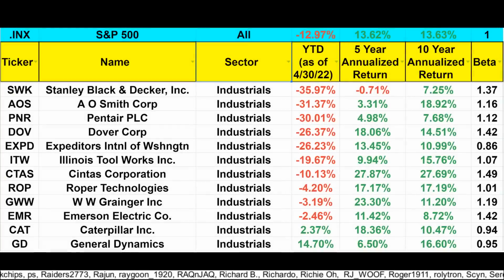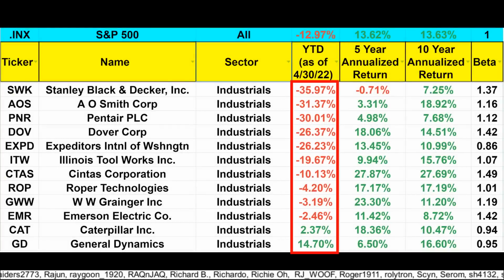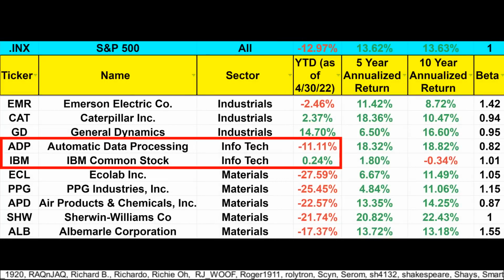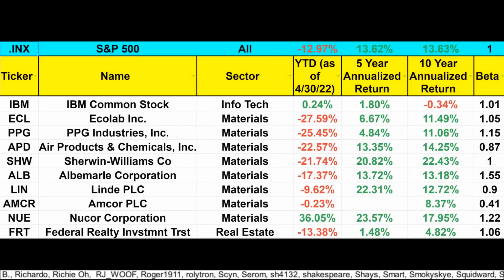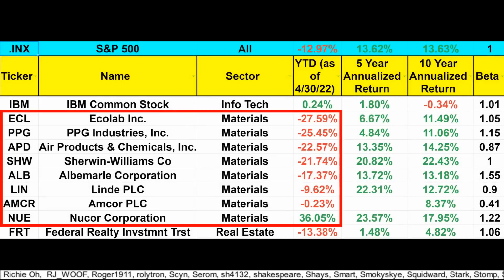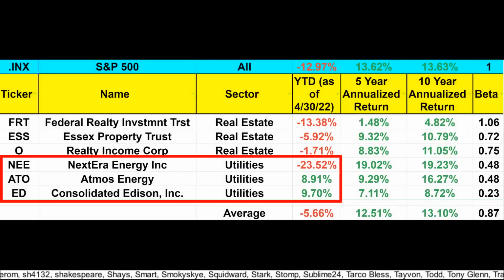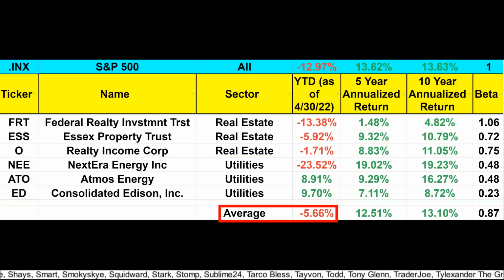Then we come to industrials, and we find that overall the industrials aristocrats are down 13% for the year. After them is technology, and the 2 infotech aristocrats average 5% down for the year. Then we see that the materials dividend aristocrats are down an average of almost 9% for the year. The 3 real estate aristocrats are down about 11% for the year. And then the 3 utility stocks are about flat when you average them for the year. So overall we can see that the dividend aristocrats are holding up better in this down environment than the overall